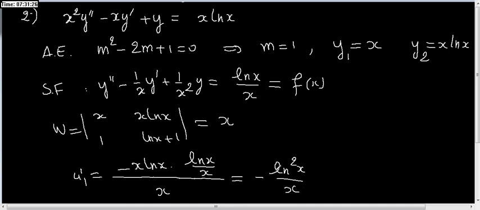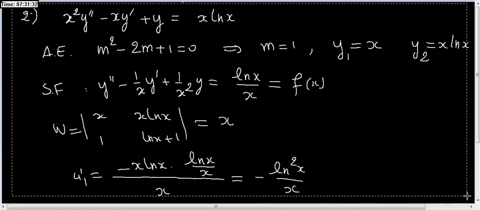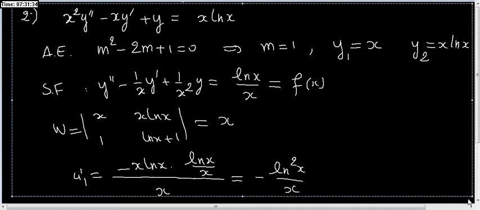So the next step is just to integrate this function. So u prime 1 is minus ln square x over x. So u1 will be minus the integral of ln square x